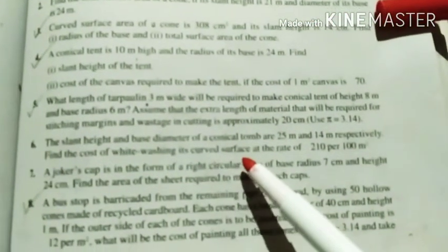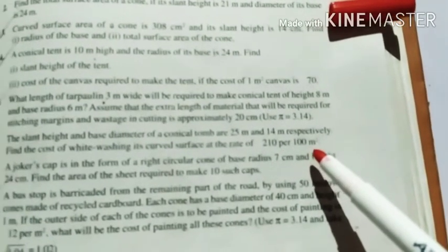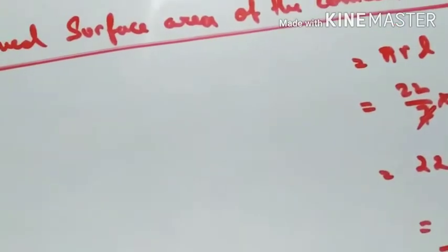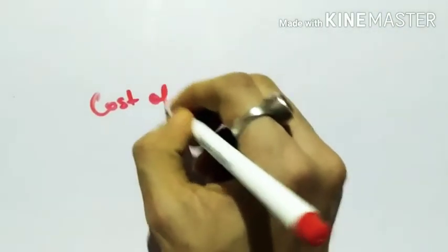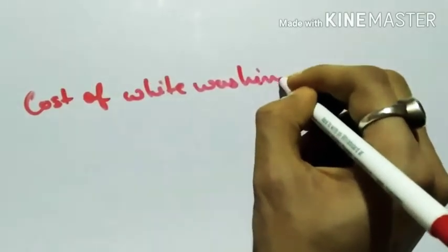Now next I will have to find the cost of whitewashing its curved surface area at the rate of rupees 210 per meter square. Okay, so now curved surface area of the conical tomb we got. Now I will have to find the cost of whitewashing. So now I will write cost of whitewashing